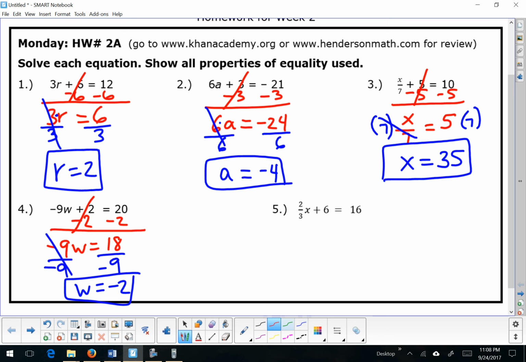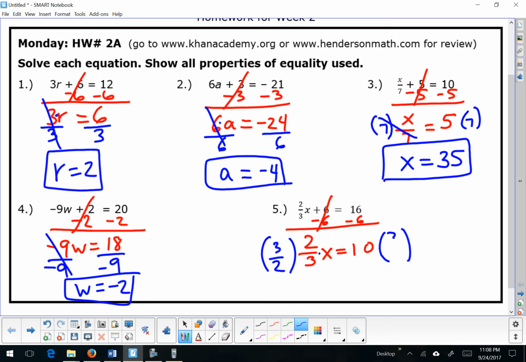Okay, last one in this first section. Locate the variable, clear the constant, rewrite the problem, and this time the coefficient is a fraction. So technically, yes, you would clear times by 2/3 by dividing by 2/3, but you can't actually divide by a fraction. So instead of dividing, we're going to multiply both sides by the reciprocal, which is the flip of this